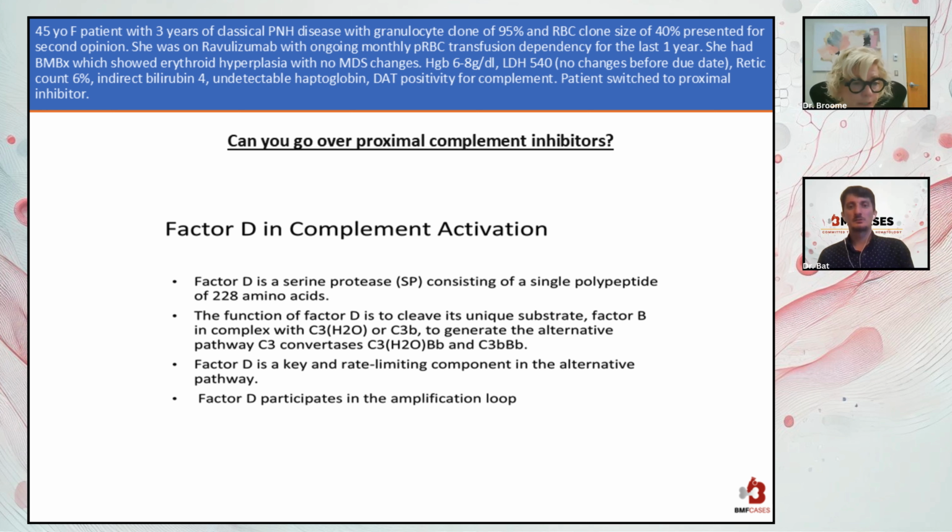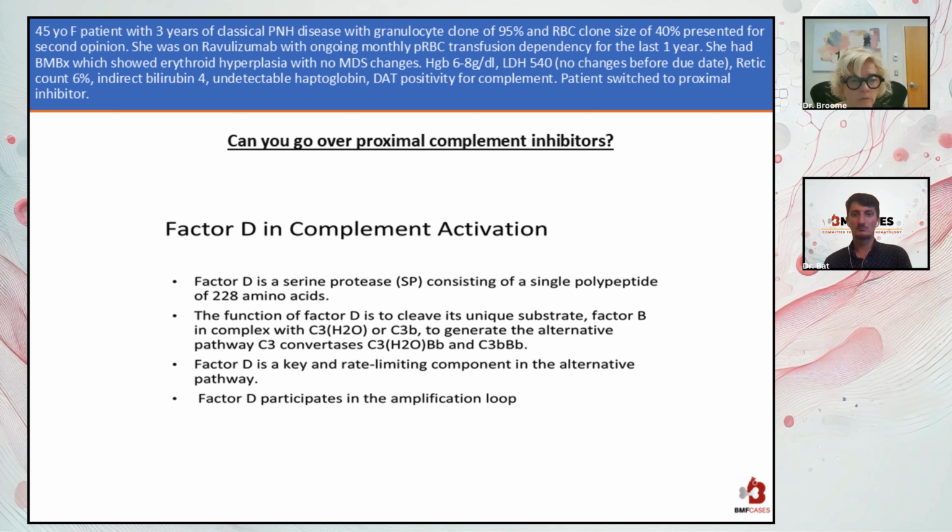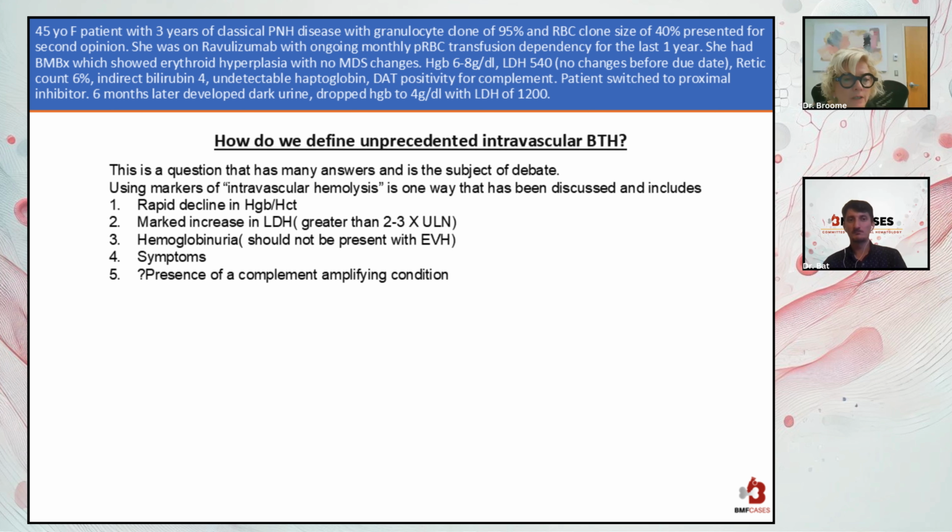And then we have factor D. We talked about how factor D is very important in activation of factor B and in complex with C3. It's a key rate-limiting component in the alternative pathway, and participates in that amplification loop. And so what we have available with regards to factor D inhibitors on the next slide, if we look at